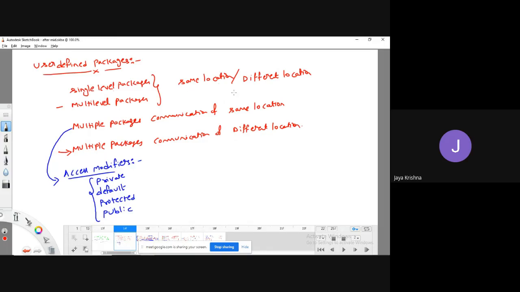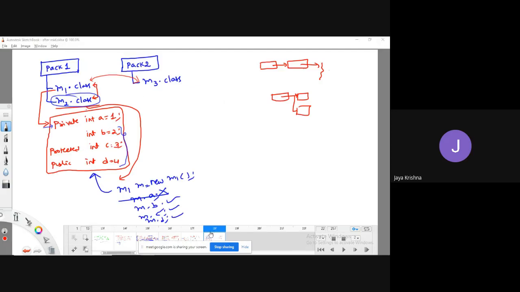Same location can be the same folder or a different folder. I am assuming the same location. If they are in different locations, we need to set the class path once again.